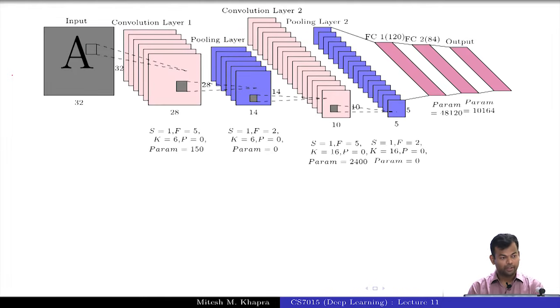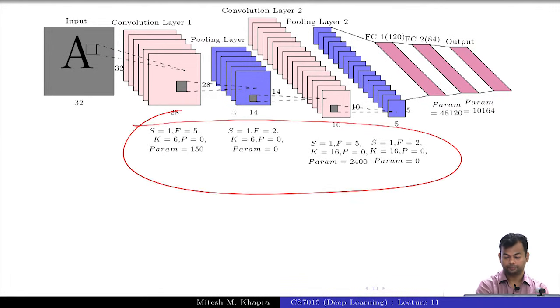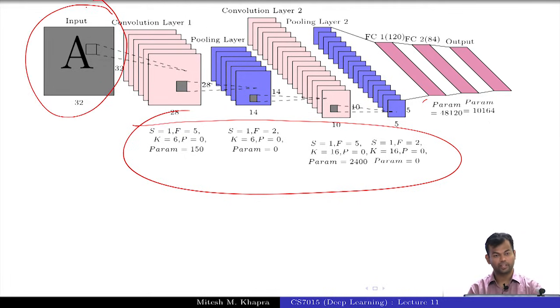So this is what a full convolutional neural network looks like. Ignore all these parameters for now. I'll just walk you through what is important in this diagram. Your input is an image, and the task here is handwritten digit recognition. You have taken a two-dimensional input, and in the next layer you see 1, 2, 3, 4, 5, 6 outputs.